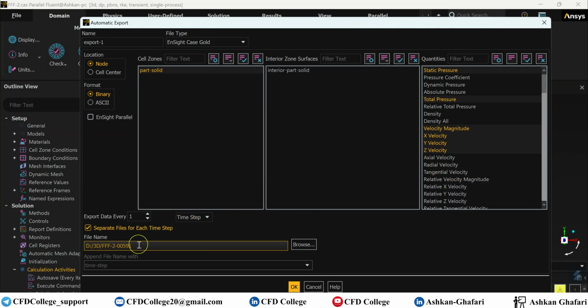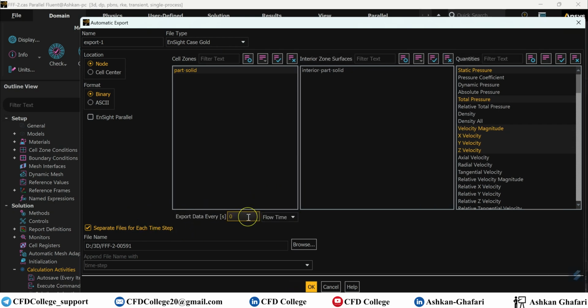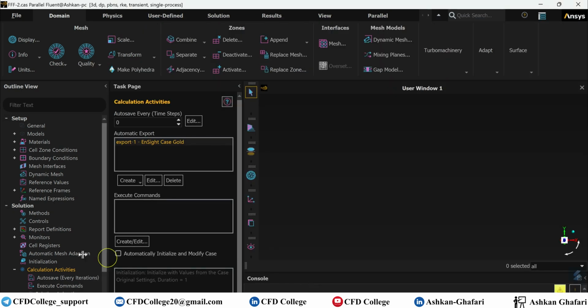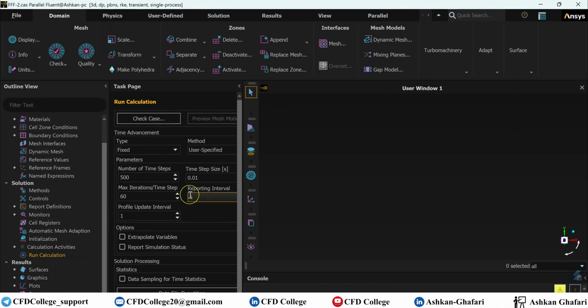Here you can specify the location for saving, and here you can specify the frequency of export. For example, it depends on your time step and on the capacity of your hard drive. But it's on you. It's rare to export at each time step. You can change it to flow time. For example, you can say I need these data every 0.1 second in my calculations. And by clicking on OK and starting the simulation, you can have the appropriate file